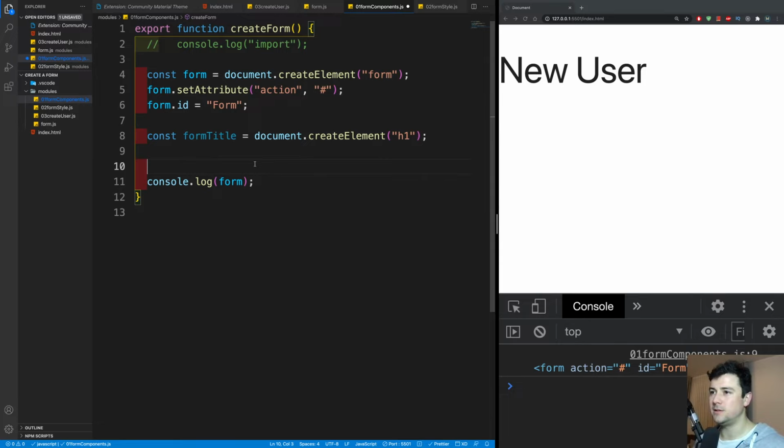Yeah, I could replace it. So let's go to a document. Let me actually console log something first of all. Console log document